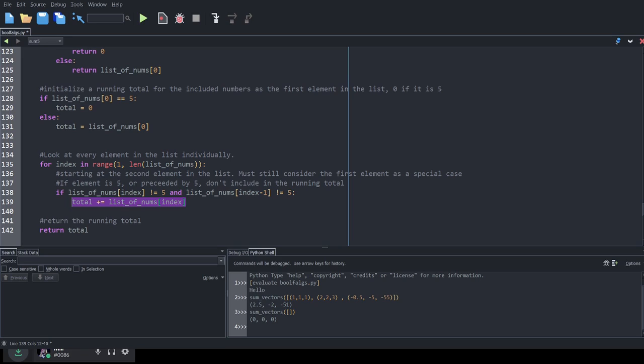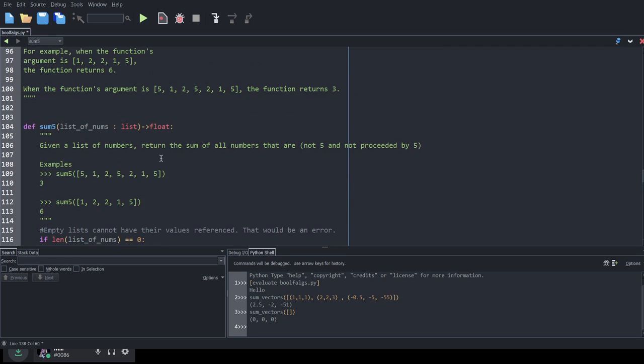Using it with while loops is definitely valid as well. And the question I had before that is, what if we wanted to index at index +1 instead of -1? The issue is that our question is saying that we have to disqualify things when the number before them is 5. It's a little bit more out of the way if we wanted to check afterwards. Because let's say we encounter a 5, which is our number that's going to cause our disqualification. Checking afterwards is, I guess, going to tell us the next thing that we're going to ignore.